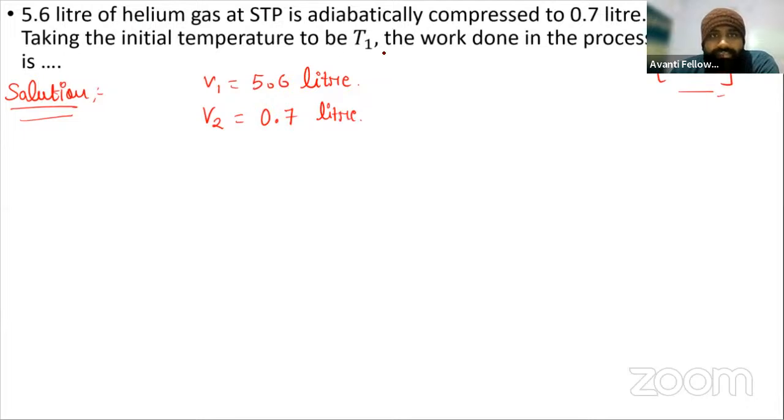Now, the initial temperature we have to take as T1. This is the initial one. The final temperature has been asked, so T final is the question mark. Now, this is the adiabatic process. The general equation we know for an adiabatic process, and try to note it down if it seems important to you,